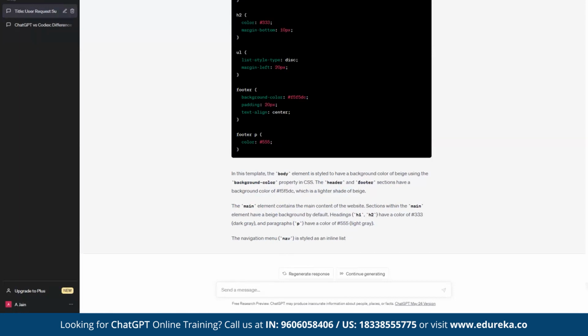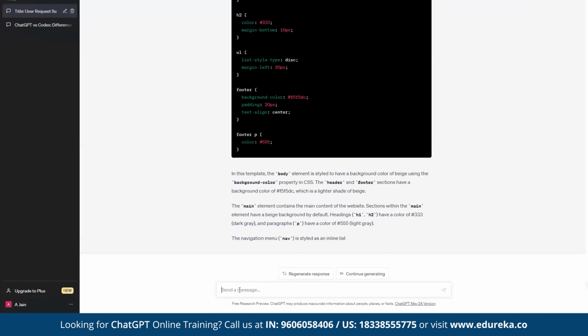How many of you agree with me? Please raise your hand. That in today's world, maybe it will become necessary for all of us to go through ChatGPT to have a faster turnaround. Otherwise, your job may be at risk. There are two developers. One developer may be using ChatGPT, doing it faster. And the manager may feel, okay, let me give him the other job which you are doing because you are slow, and your job may be at risk. So this is the importance of ChatGPT, and I would highly encourage all of you to start learning about it.